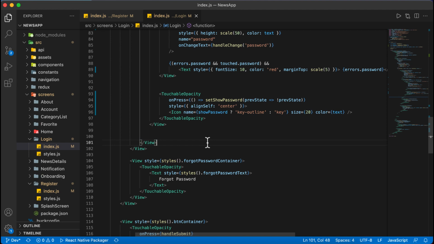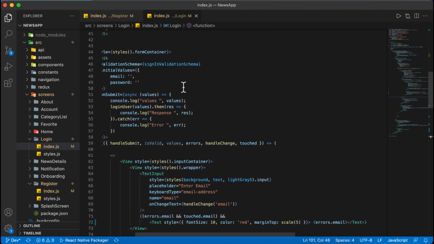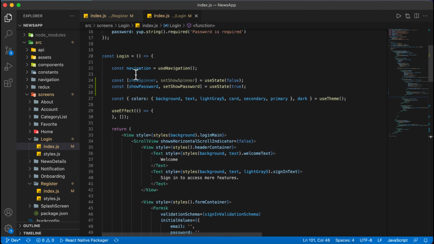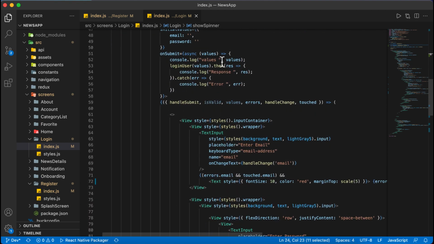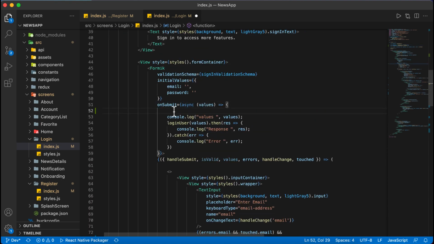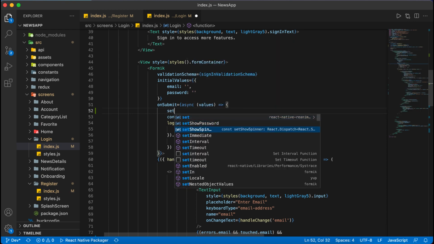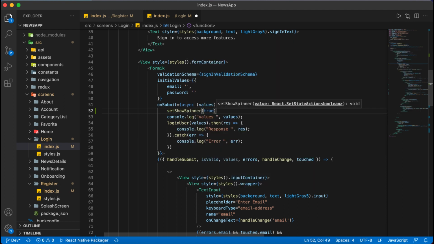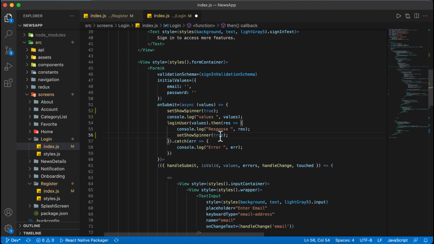So what we will do, in the on submit we have taken one spinner, this one. Whenever our button is clicked, we will display the spinner. So we will write set show spinner to true, and when the result comes, meaning the response comes inside this, we will make it false.